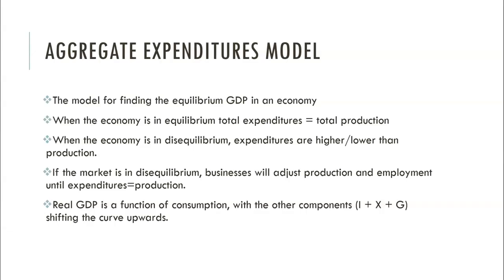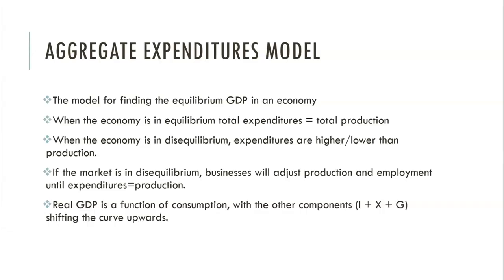So in this model, we're going to be using real GDP. It's going to be a function of consumption. So the slope of our line is going to be determined by consumption, how much consumers are going to spend. This is going to be related to their level of income. And then we're going to see other components such as investment, net exports, and government spending